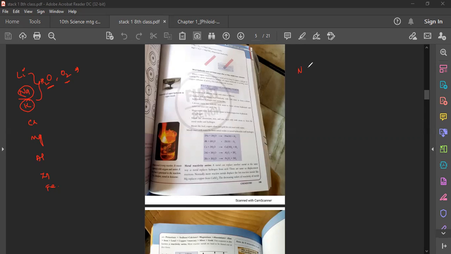If you take sodium and dissolve it in water, what will happen? Sodium is more reactive than hydrogen. Yes or no? So it will form Na2O plus it will release H2. Along with these two, it will release heat energy also. This heat energy is very high, and we know H2 is a flammable gas. Flammable means which will start burning in the presence of heat. Yes or no? Yes, sir. So whatever heat energy is produced will be used to